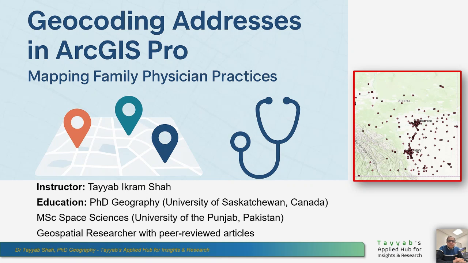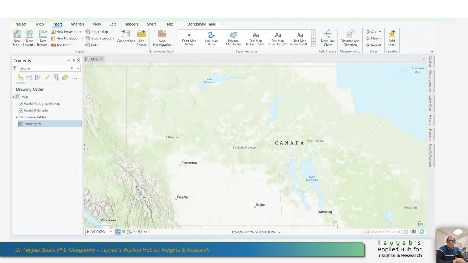Here is another example of geocoding addresses using ArcGIS Pro. In the previous video, I demonstrated how to clean up the data for the family physicians when you download it from their website. And in this case, I'm going to show you how to start the geocoding process in